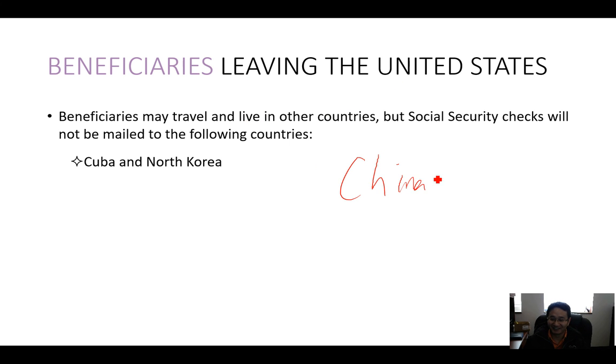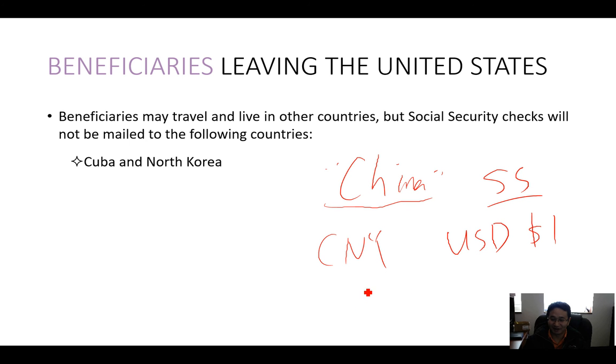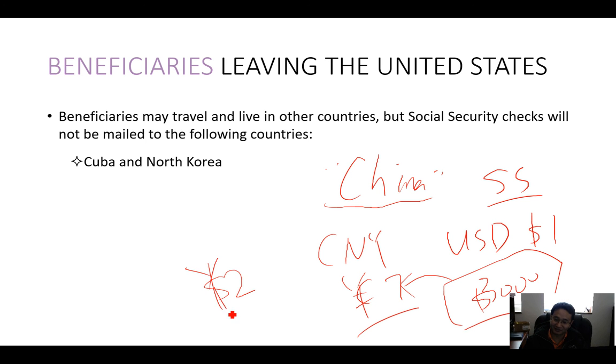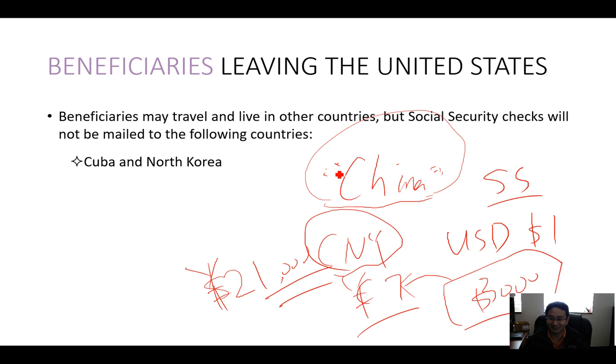In China, many Americans rely on Social Security benefits. They can make a good living because Chinese yuan to US dollar is like $1 can buy 7 Chinese yuan. So if you receive, let's say, $3,000 every month from Social Security, and you convert it, it is 21,000. It's a good amount of money, okay. I wouldn't say super rich, but it is above middle class in China. That's why many Americans, I saw some in the media, and personally I know several.